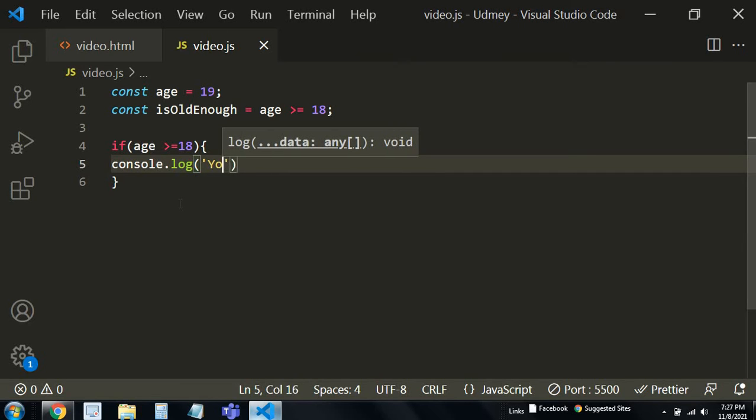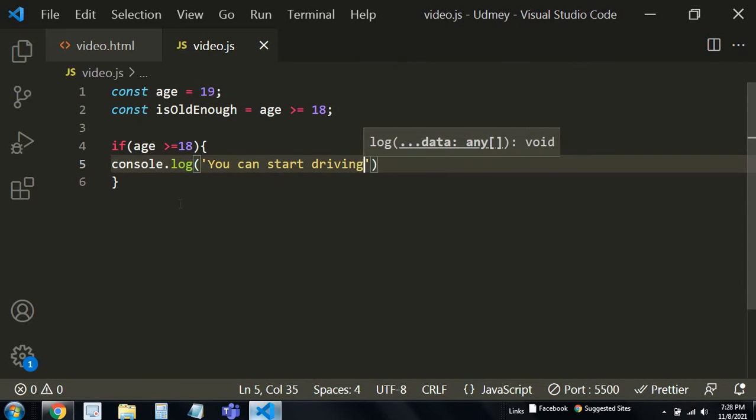So here I'm using single quotes. I know that we can use template literals, but here we're not using any variable value. So we can just use single quote or double quote. When you want to link a variable value or you want to show some data using your statement, then you can use template literals. Otherwise it's not necessary.